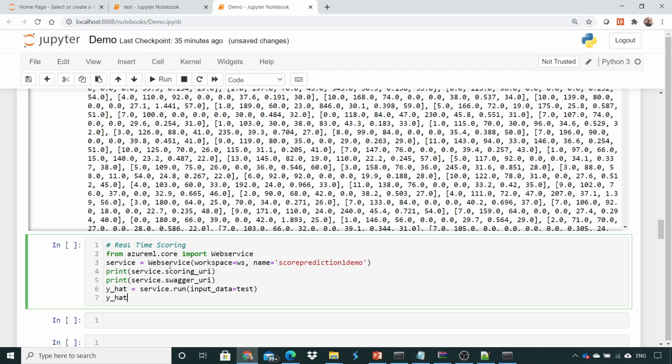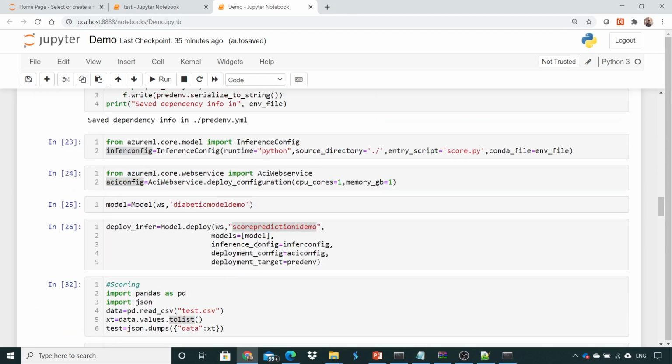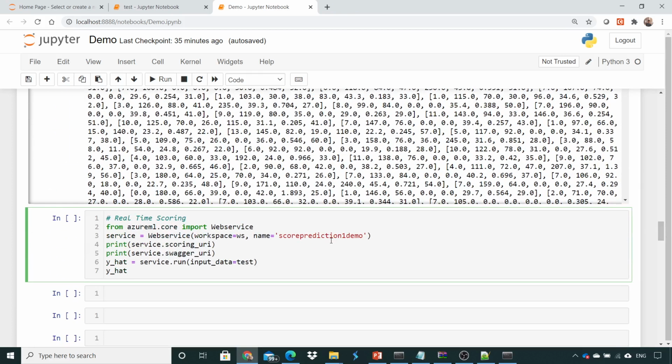For the object which you create, you need to pass the workspace on which the model is stored or deployed. Once you give the workspace, you need to give the endpoint name. Here, my endpoint name is score prediction one demo, right? It will identify the same name, and once you give the name, it will hit that particular